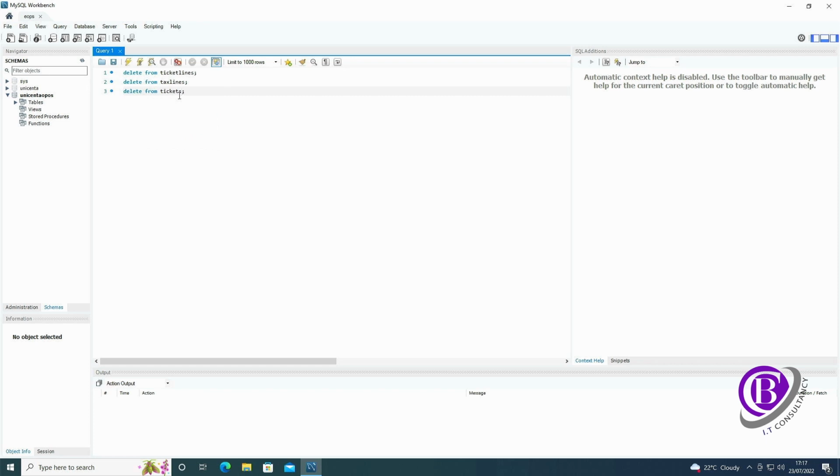Tickets. Colon, semicolon, then delete from payments, semicolon, delete from seats, delete from shared tickets, semicolon, delete from stock diary, semicolon, delete from closed cache, spell it right, semicolon, and then we're going to do an update